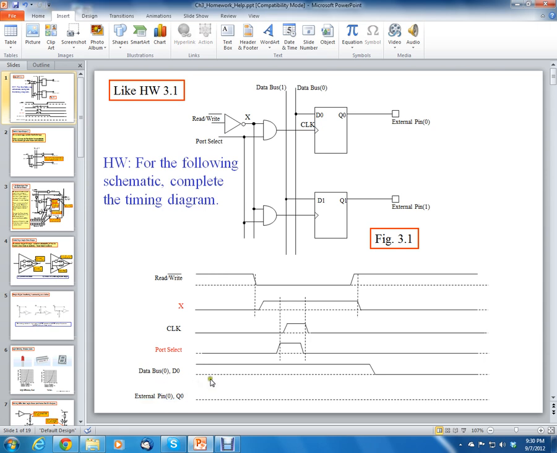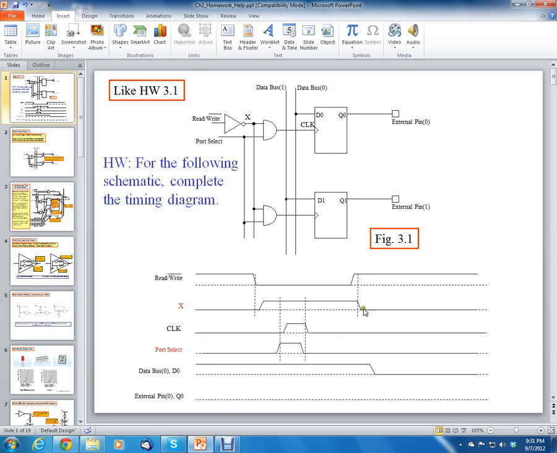Okay, so those two are the same. They're just being renamed. So if you did a little bit of research into how D flip-flops work, that's not for this course. That's for a digital design course. This course in microprocessors assumes you already know how a D flip-flop works, so you may have to do some research on how a D flip-flop works if you don't understand it. But the way it works is pretty much